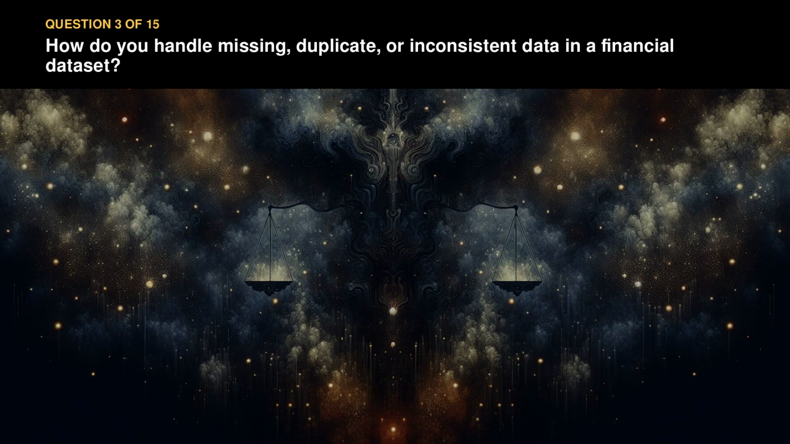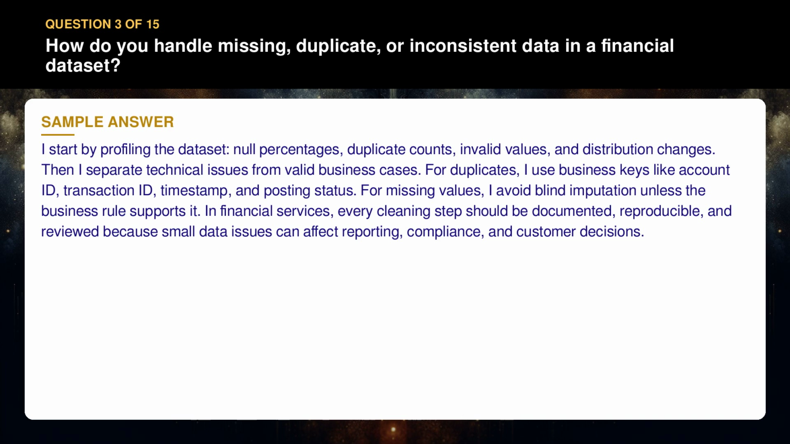Question 3. How do you handle missing, duplicate, or inconsistent data in a financial dataset? I start by profiling the dataset: null percentages, duplicate counts, invalid values, and distribution changes. Then I separate technical issues from valid business cases. For duplicates, I use business keys like account ID, transaction ID, timestamp, and posting status. For missing values, I avoid blind imputation unless the business rule supports it. In financial services, every cleaning step should be documented, reproducible, and reviewed because small data issues can affect reporting, compliance,